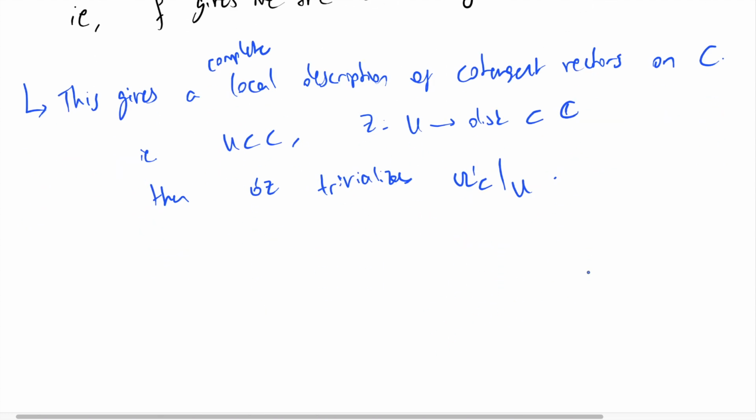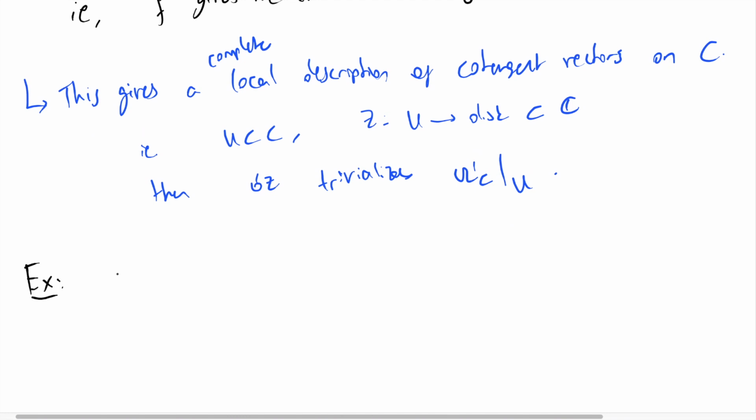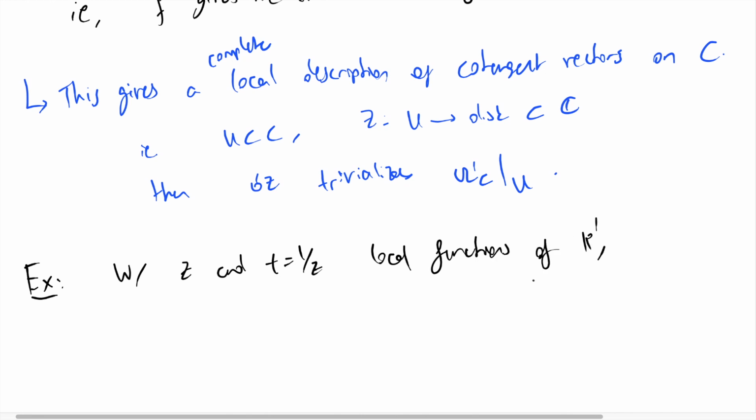And now we have the dual exercise. So with z and t equals 1 over z local functions at p1, you should compare dz and dt. Maybe this is a little bit simpler now. This exercise is actually a little simpler than the previous exercise, but it's dual, so you can get one from the other. And in doing so, show that